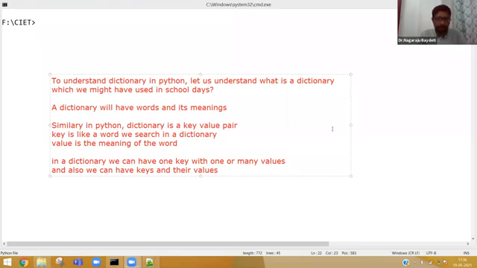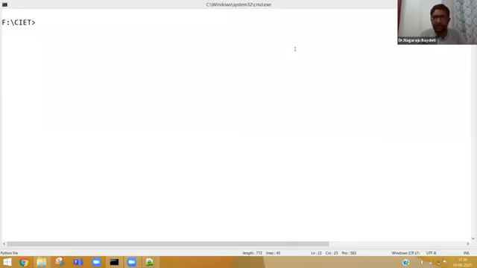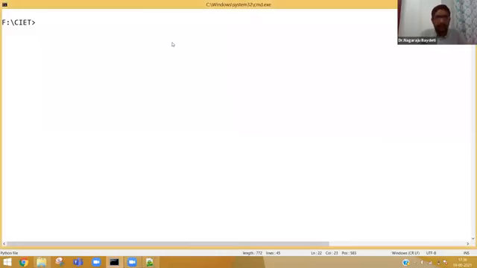Now let us try to define a simple dictionary. See, again, I am going to use these dictionaries in file management exclusively. So I am not going to explain all the concepts of dictionary, but to give a good amount of idea. So NPP, understand dictionary.py.